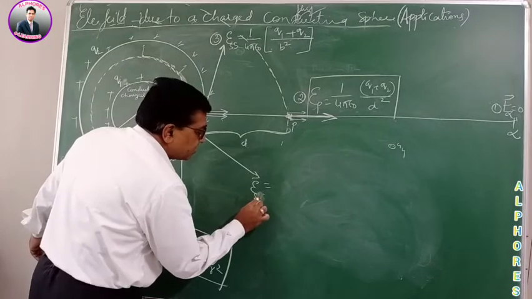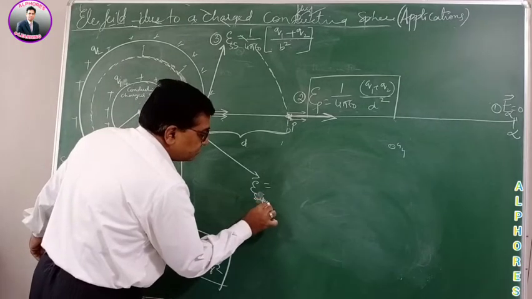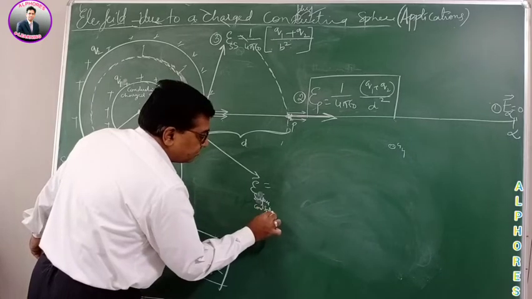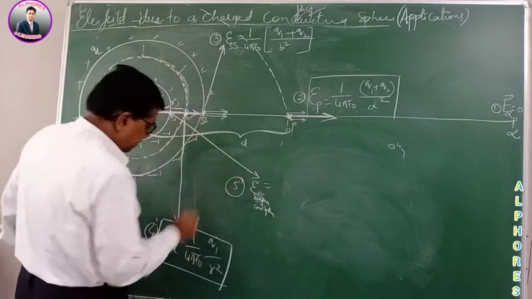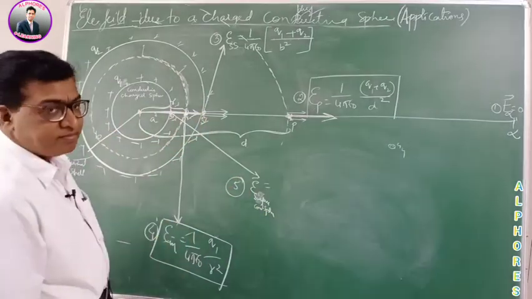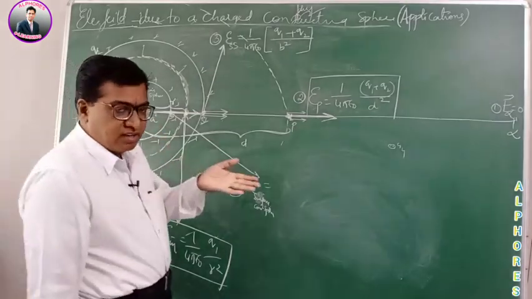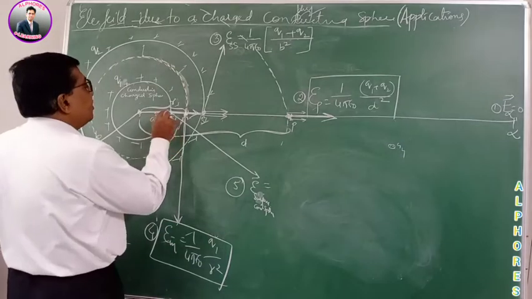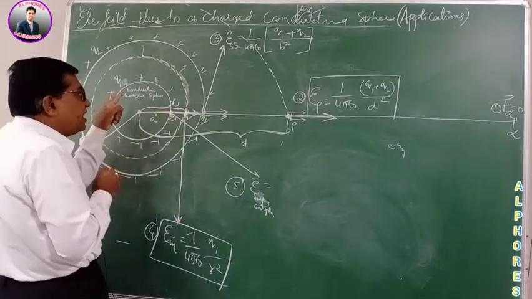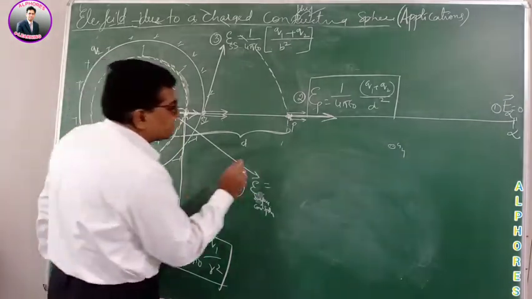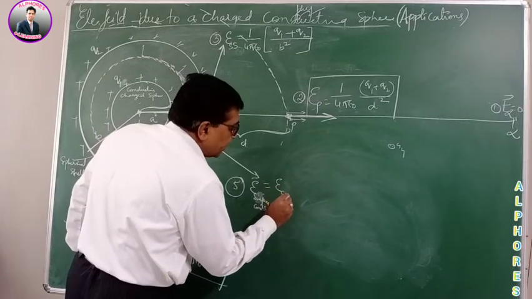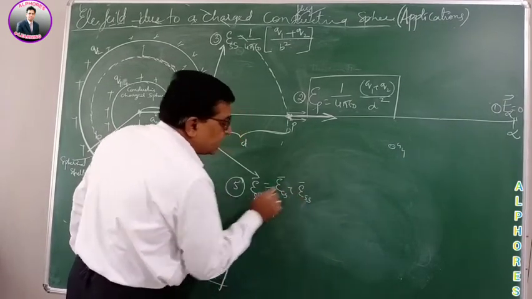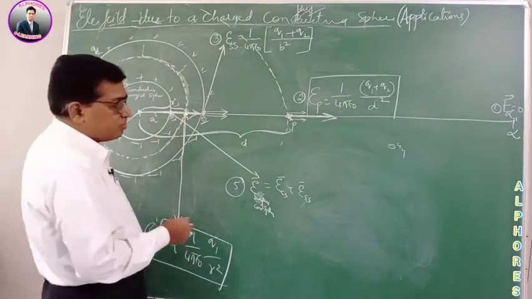Right? This is fourth, this is fifth. Again, you can apply Gauss law, or you can apply it by taking the electric fields individually. Now at this point, what will be the electric field due to the conducting sphere? It is the electric field due to the conducting sphere plus the electric field due to the spherical shell, the vector sum of both according to the principle of superposition.